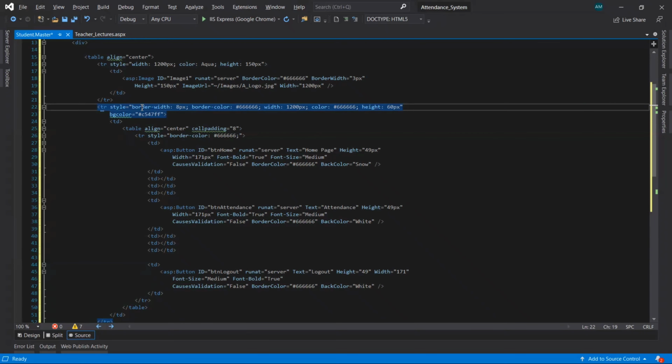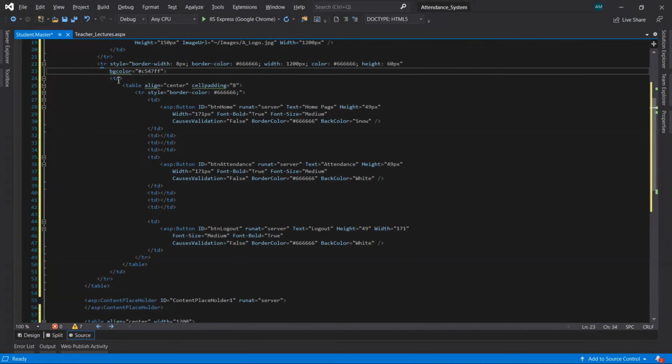Now in the second table row I have given some CSS properties like border width 8 pixel, border color, width 200 pixel, height 60 pixel, and background color. Inside the table row I have taken one table data, and inside it another table tag with align center and cell padding equal to 8.